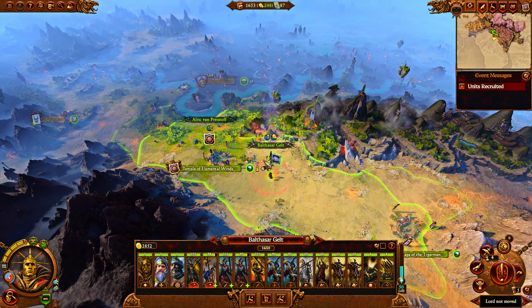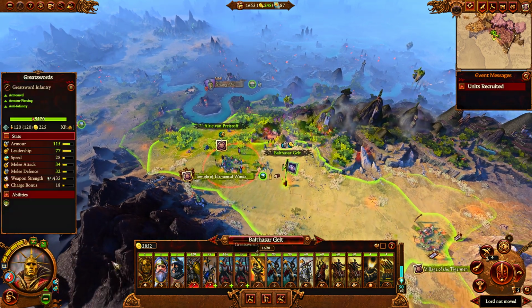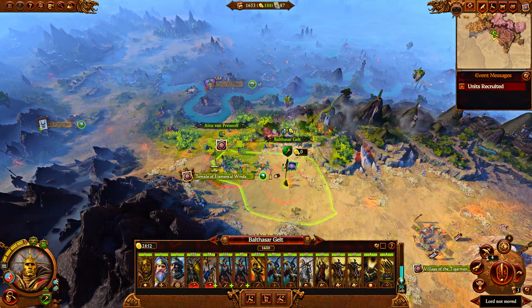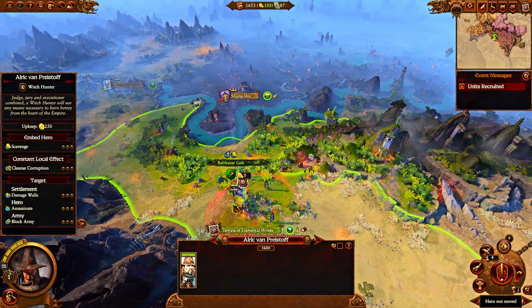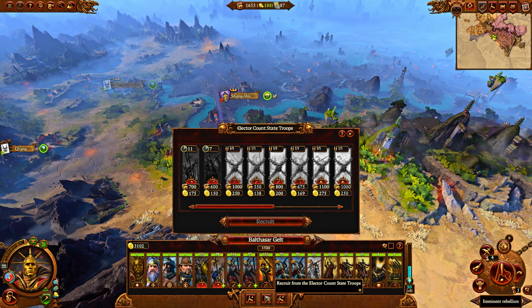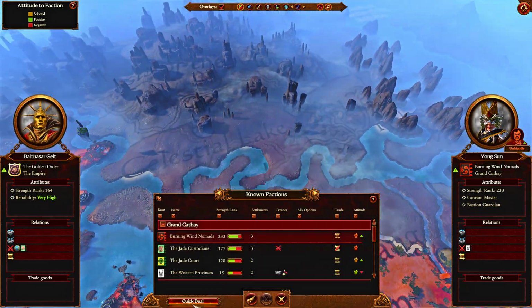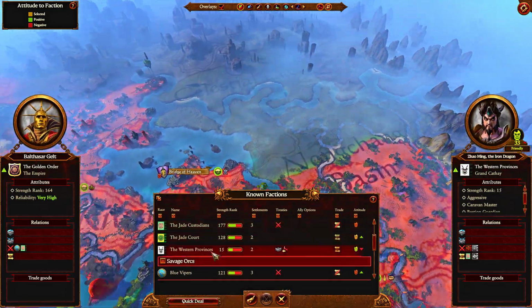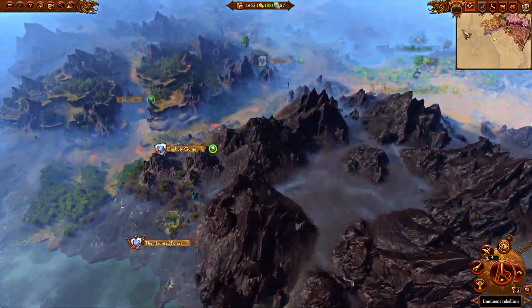Okay, over here on turn 5, I've gotten 1 mortar, 1 pistolier, 2 outriders, and we're actually going to enable raiding, because what we want to happen over here, we want to have their rebellion coming up. We're also at war with the Jade Custodians. I declared war on them previously in order to be able